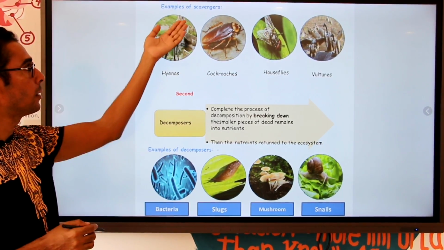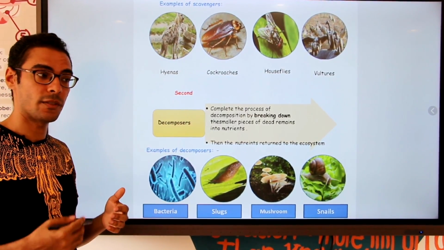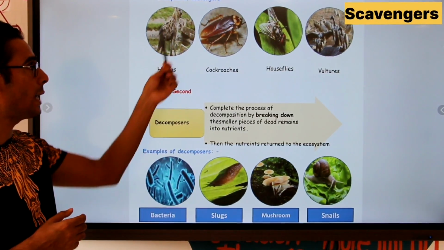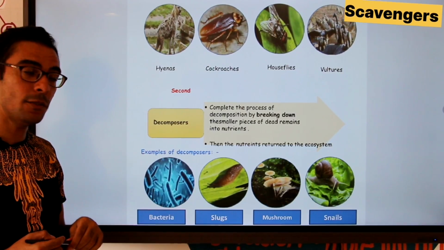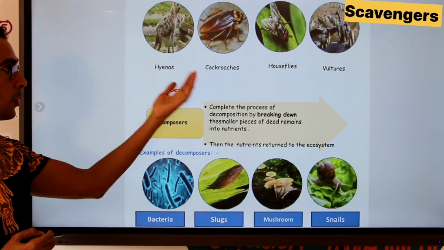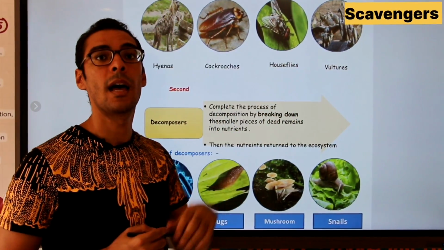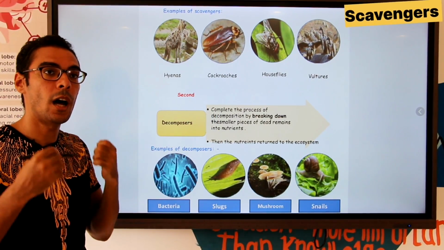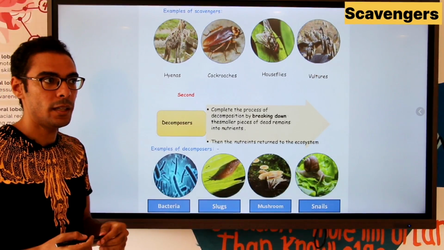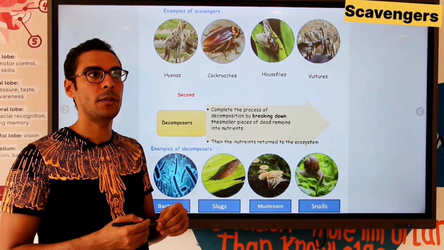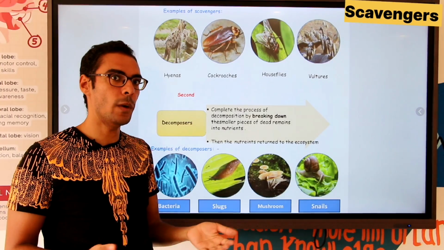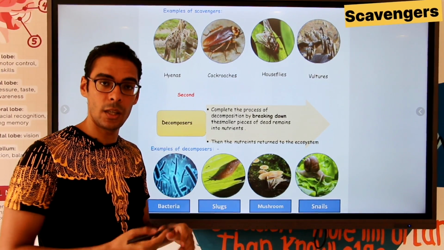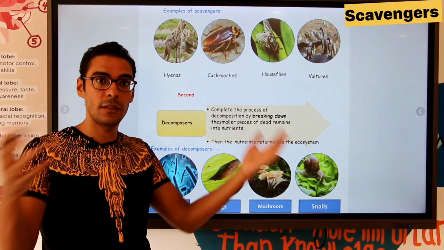For example, the first kind of living organisms responsible for the stability of the food web and the ecosystem at all, known as scavengers. The scavengers are animals like hyenas, cockroaches, houseflies, vultures, and etc. These animals are highly important because you might not have asked yourself before: what happens when all living organisms in the food web die? If all of the dead bodies remain in the ecosystem, that destroys the ecosystem. That makes the ecosystem full of dead bodies.